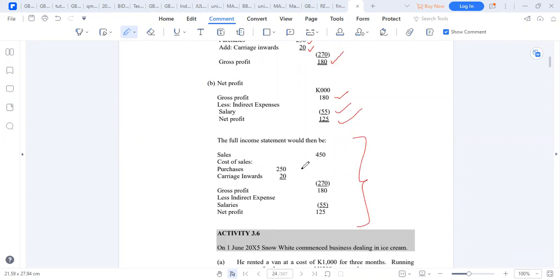So this is sales, we subtract the cost of sales, we have purchases, carriage inwards, we get there, then we get the gross profit. Then we subtract all expenses that we have. At this point, if we had other income that we needed to add, for instance, rent receivable, reduction in bad debts. By the way, a bad debt is simply income that was supposed to be paid to us and we write it off. So we call it a bad debt. If we overstated it and we received more money, we call that a reduction in bad debt. We can add it to our gross profit.